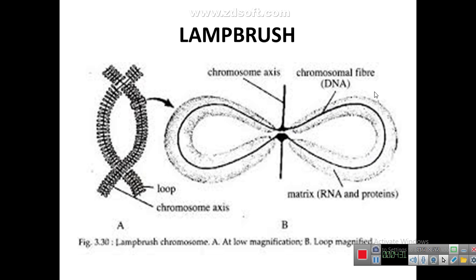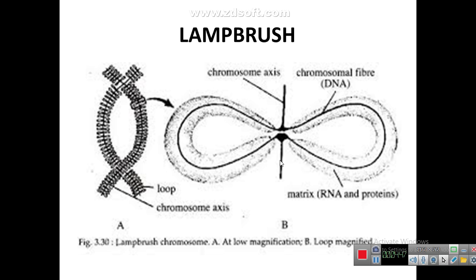The DNA fiber is surrounded by the matrix that consists of RNA and proteins. This DNA fiber forms the lateral loops. ये हमारे पास loops हैं. At the time of cell division, the number of loops increases, and during the process of meiosis,